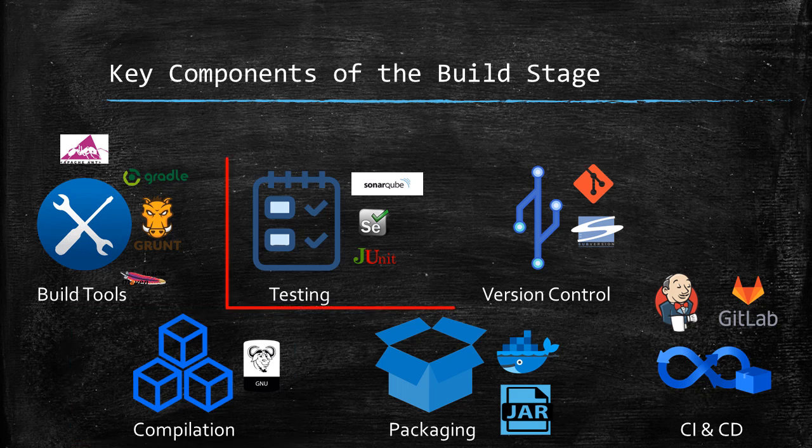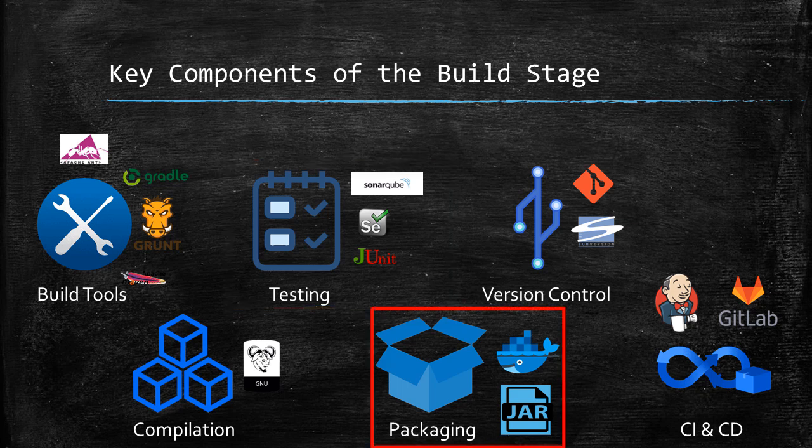Testing is an essential component of the build stage, as it ensures that the application is free of bugs and meets the required quality standards. Unit testing, integration testing, and regression testing are some of the testing techniques used during the build stage. Testing tools and frameworks like JUnit, Selenium, and Sonar are some of the many options available based on the technology stack